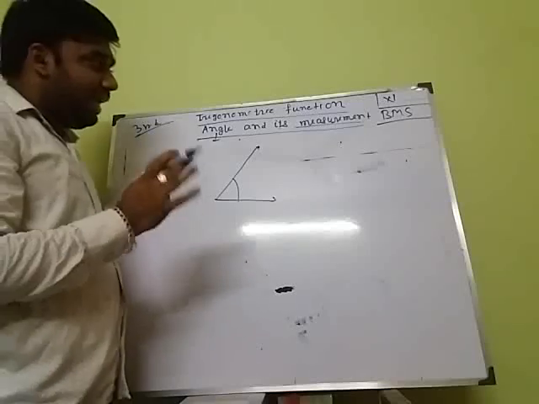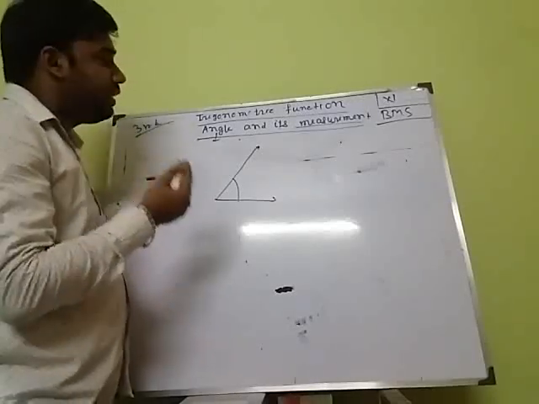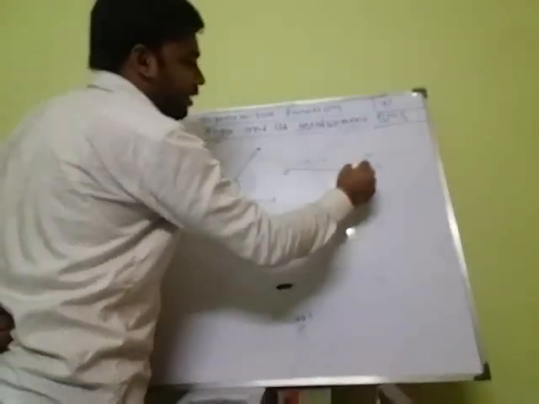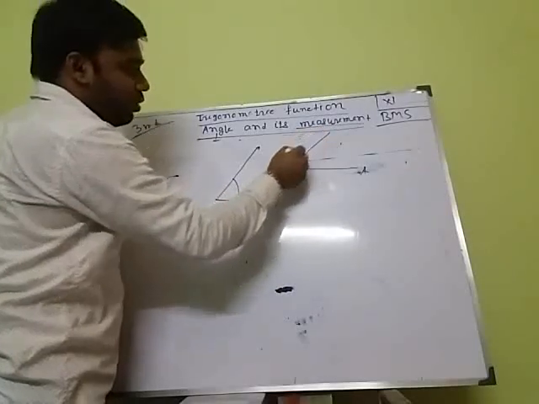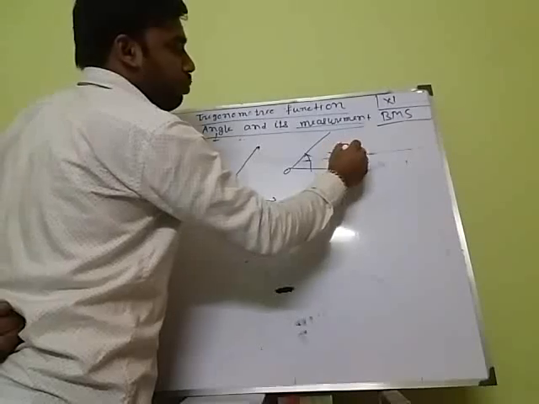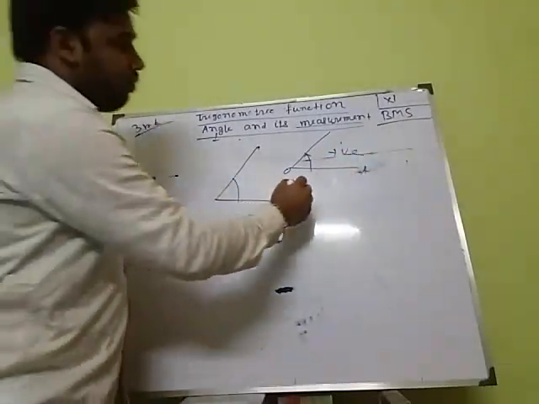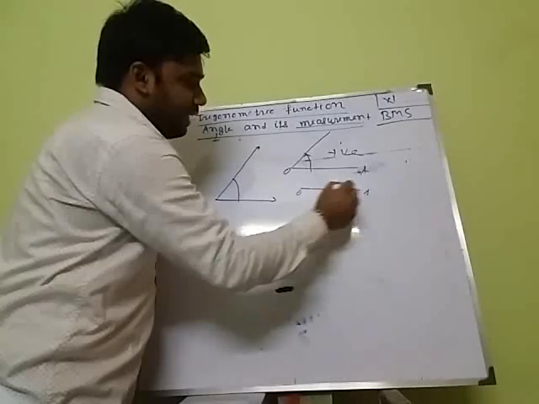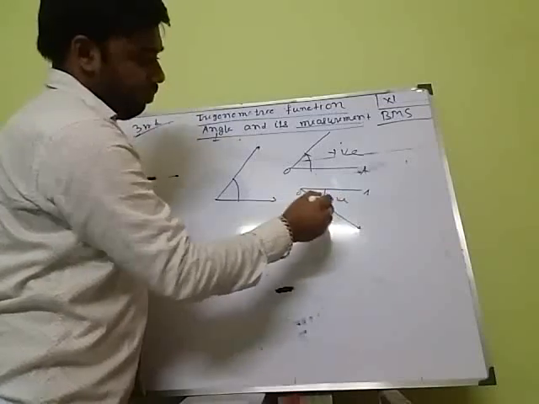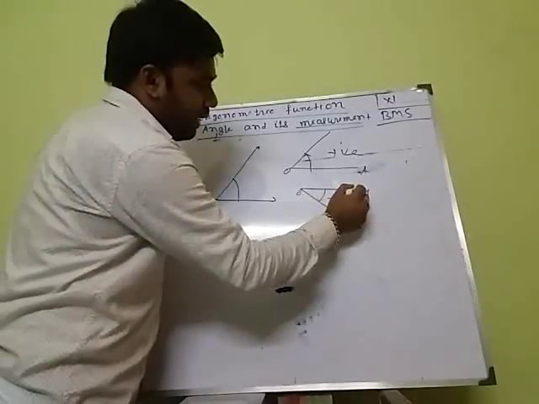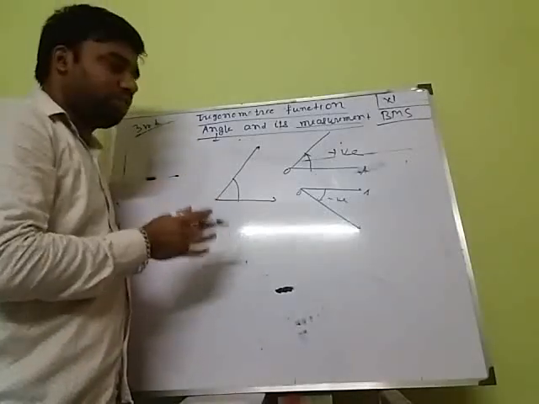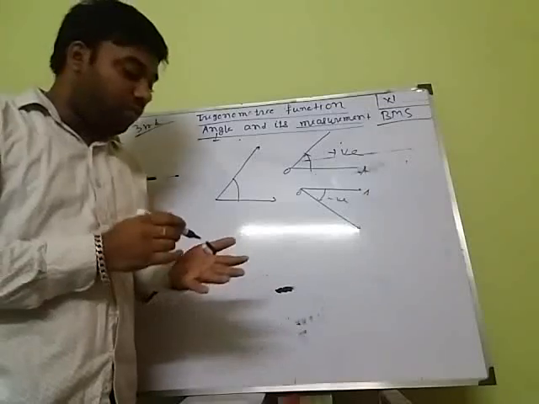Now next, we have to learn what is the direction of angles. Direction of angle means from the initial position OA, if I take the angle anti-clockwise, it is taken as the positive direction. And next, if from the initial position OA, I take it clockwise, it is the negative direction of angle. So clockwise negative, anti-clockwise positive. These two are the usual directions of angle. Next,